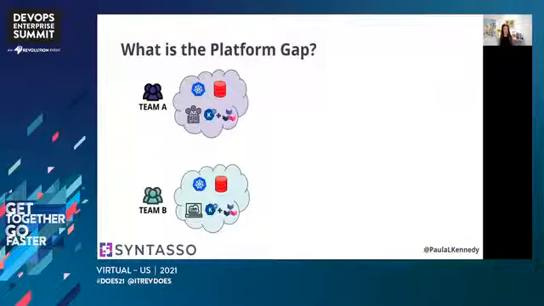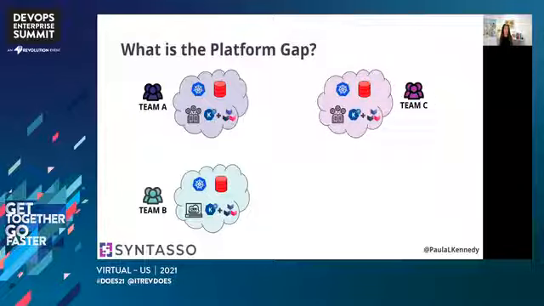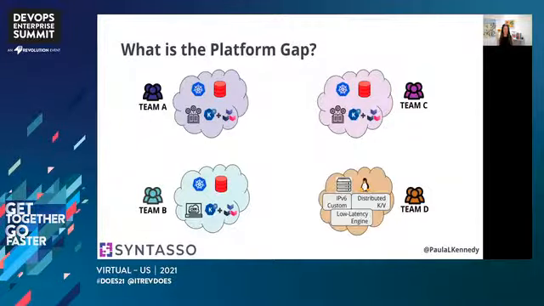And then as a bigger organization, you might also have Team C. Now, Team C might be taking care of credit cards, and their stack looks very similar to Team A, but they've got things configured just slightly differently. Maybe they're running some different software versions. And then finally, you have Team D. They're running the legacy payment system, which is running on bare metal, on premises, looks very different to the other teams, but is still a core part of your business.